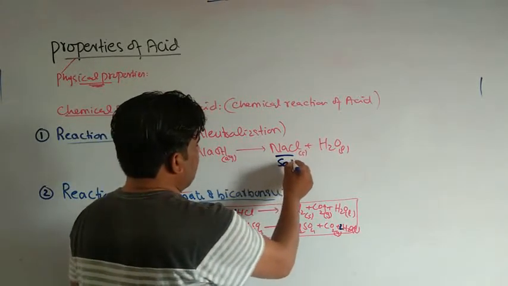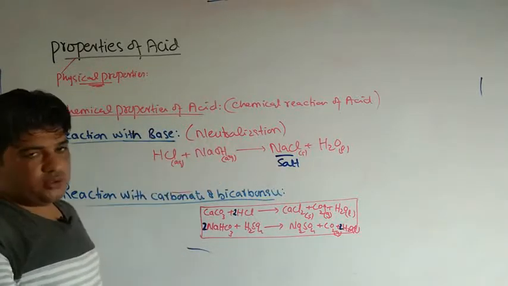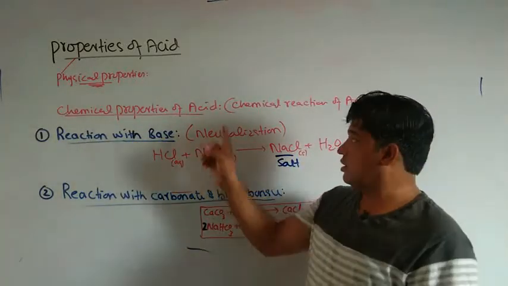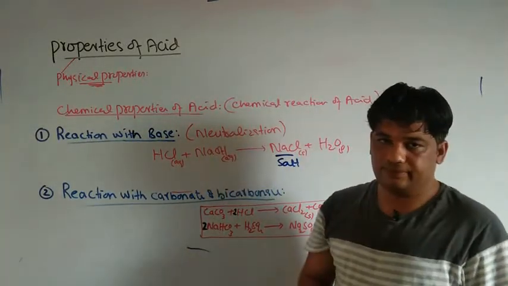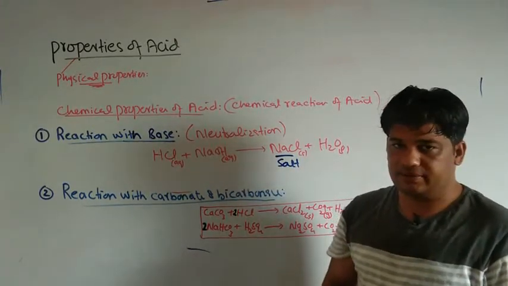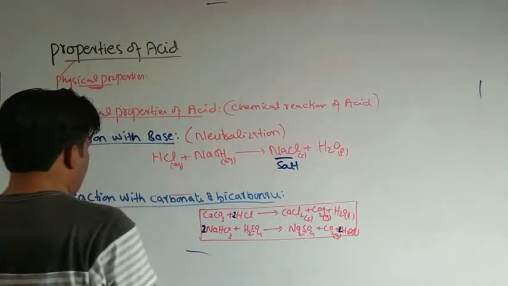Remember, when acid react with base and produce salt and water, the name of such a reaction in chemistry called neutralization. So इसको हम neutralization reaction कहते हैं। अब ज़रूरी नहीं है कि बेस आप हमेशा NaOH लेंगे, बेस आप